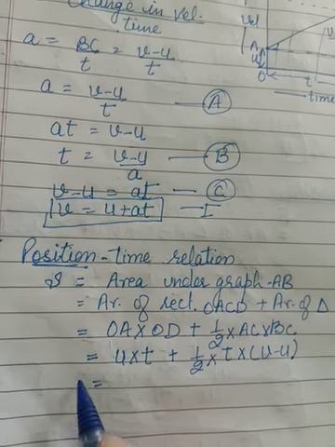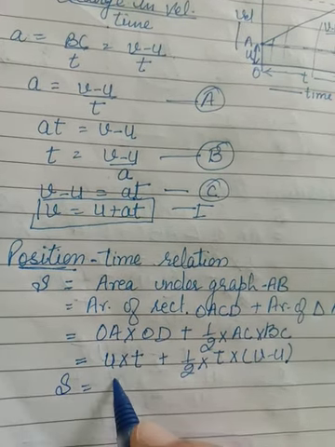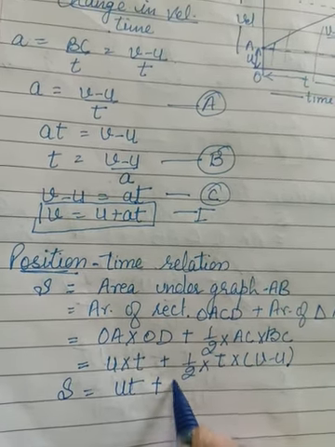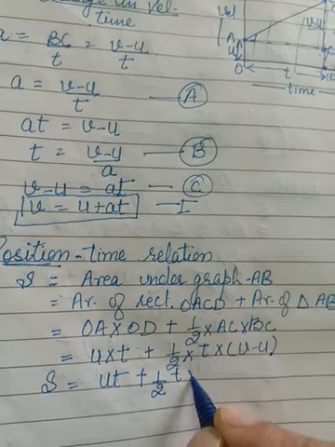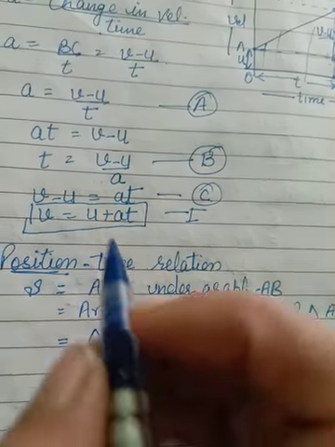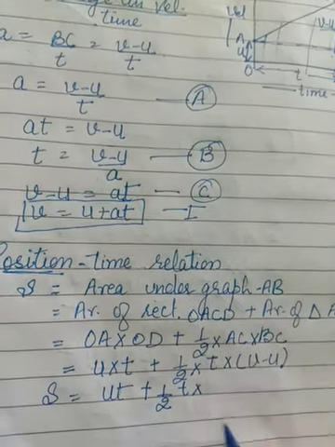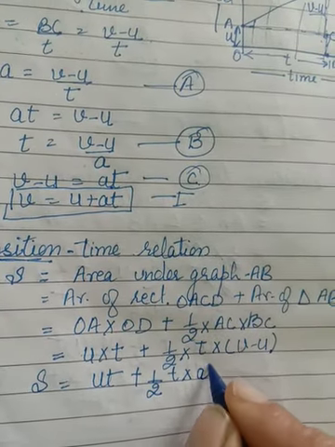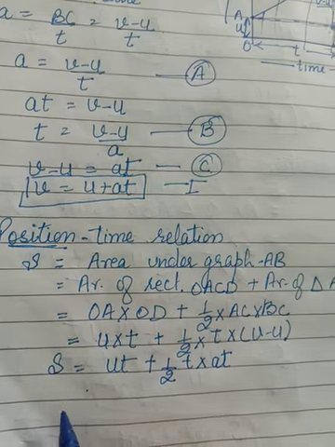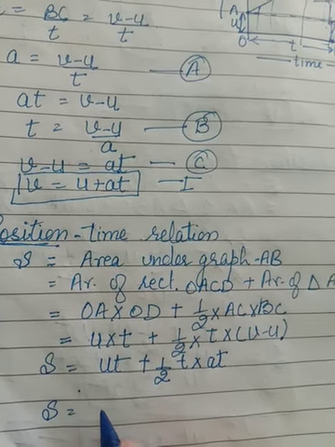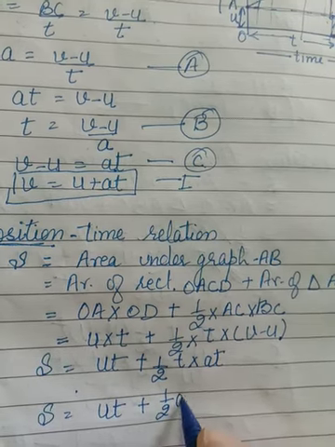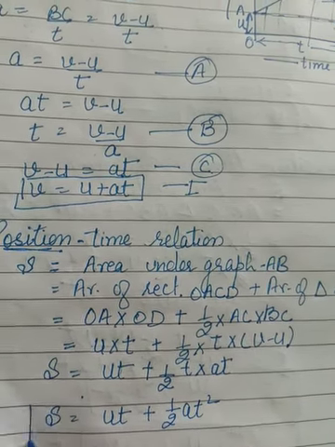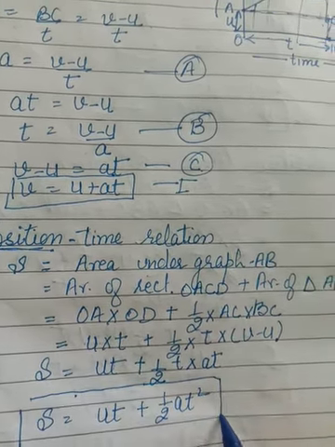So see what we are getting: S equals to UT plus half T into V minus U, which is equal to AT. So from here we are getting S equals to UT plus half AT square. This one is our